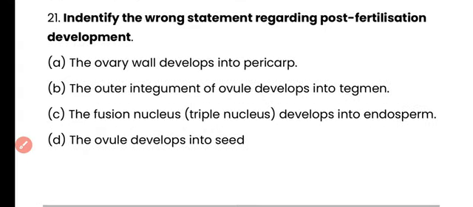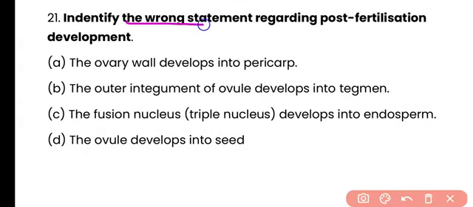Question number 21. Identify the wrong statement regarding post fertilization development. Ovary wall develops into pericarp. Outer integument of the ovule develops into tegmen. The fusion nucleus or triple nucleus develops into endosperm. Ovule develops into seed. So the wrong statement is option B, because the outer integument of the ovule